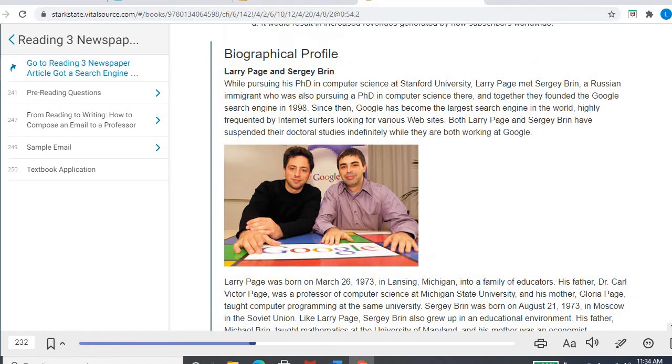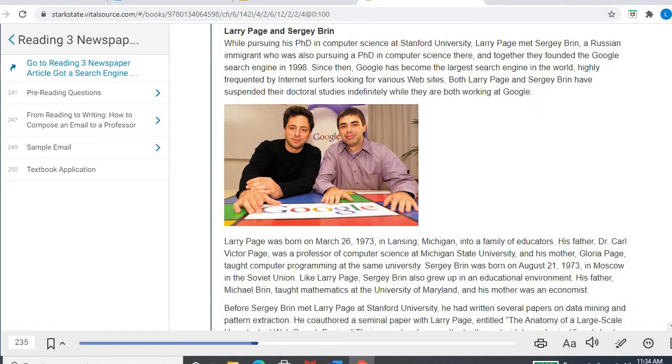As I talked about in the text and skill practice PowerPoint video, you may not be familiar with their names, Larry Page and Sergey Brin, but you probably use Google quite frequently, and these are the people who made that possible. I think that was a really interesting biographical profile to read. The next set of words come from this biographical profile. If you haven't already read it, hopefully you have because you've seen the previous video.